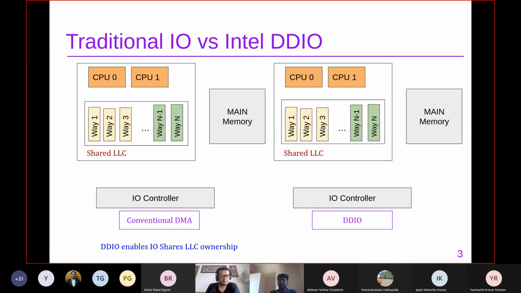So what happened with the traditional IO is that whenever an IO packet comes to the IO controller, the DMA engine will take this packet from the IO controller and put it into the main memory. And when the CPU later requires to process this packet, it will be fetched from the main memory to the CPU